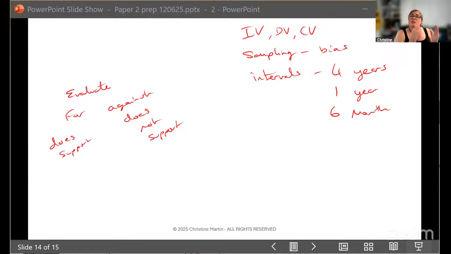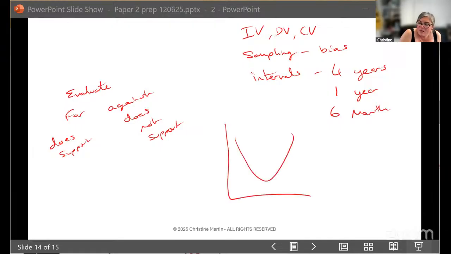A valid set of data that you can then draw a conclusion from? Have they given you a graph? And if they've given you a graph, have they actually given you your error bars? Are the error bars small? So is the standard deviation small? Or is the standard deviation large? So is there a lot of variability in the data that they've provided you with, whatever data they have?